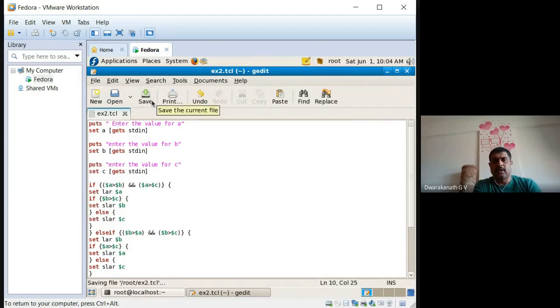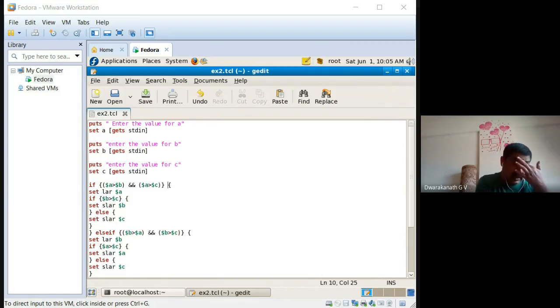Today we have studied this particular if statement in a TCL script. Now you practice this particular program once again. In the next class on Monday afternoon, I think if possible we'll do a class, since our lab is there, so I'll try.